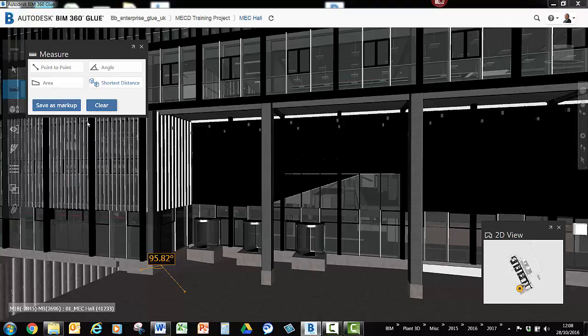If ever you want to get rid of them, you can clear them and it clears your model away. If you save them, it'll save them off as a markup, which we'll cover later. So you can save them, pass it over to the design team or other people in the project, and they can have a look at it. But that's the basis of